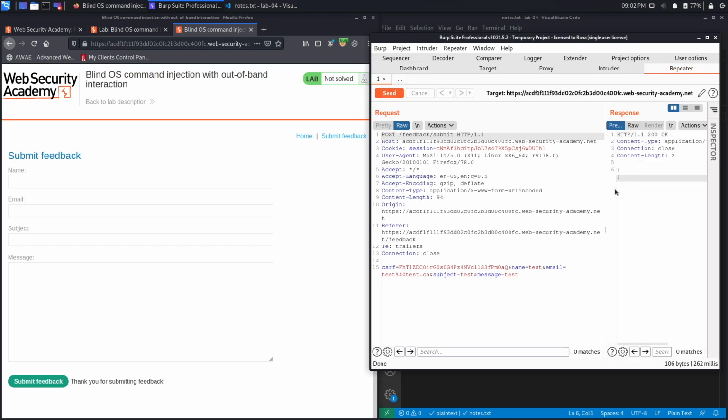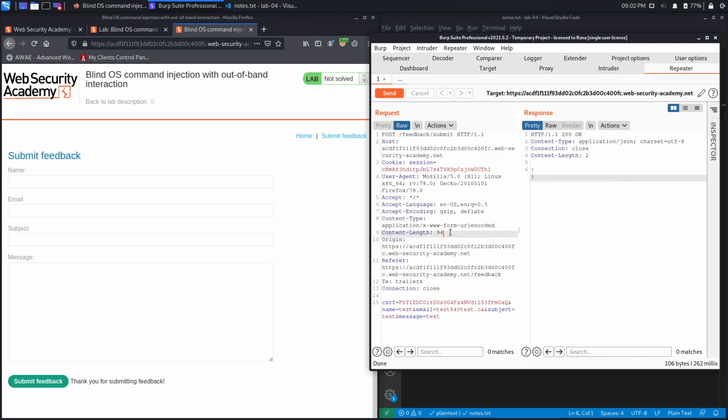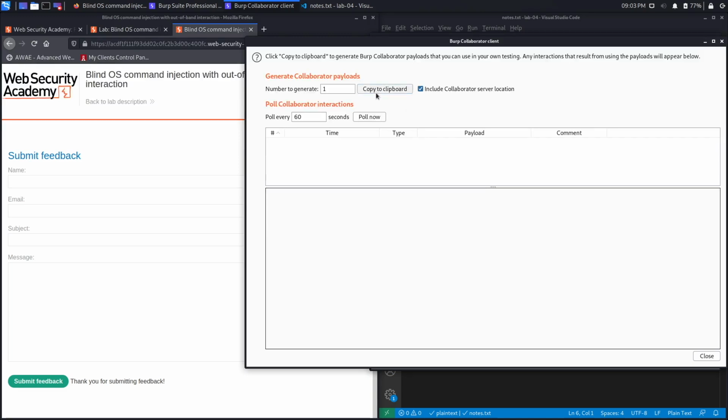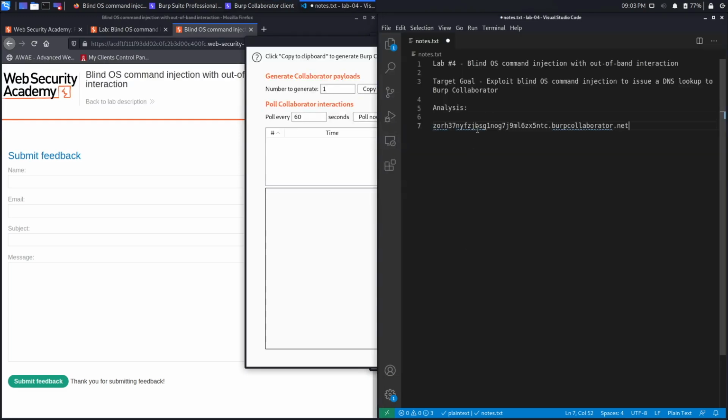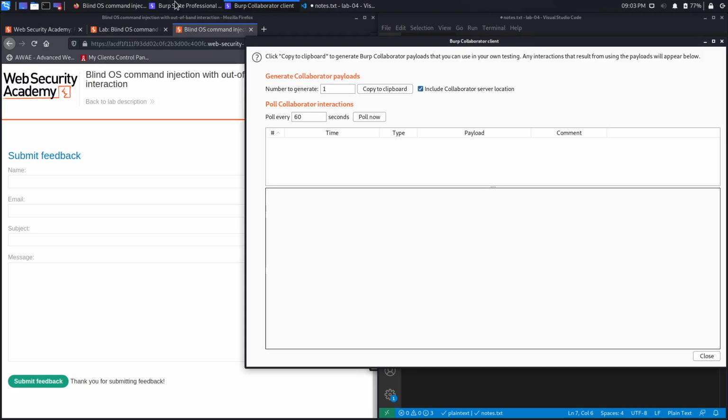And let's make the response a little bit bigger. Okay, this looks good. And we know that the email field is the one that is vulnerable over here. So what we're going to do is we're going to click on Burp and then select Burp Collaborator Client. And then we're going to click on Copy to Clipboard. So this is going to be our external server that we control. So we're going to try to perform a DNS lookup on the server to confirm that this is vulnerable to blind command injection. Alright, so to do that, let's go back to Burp over here